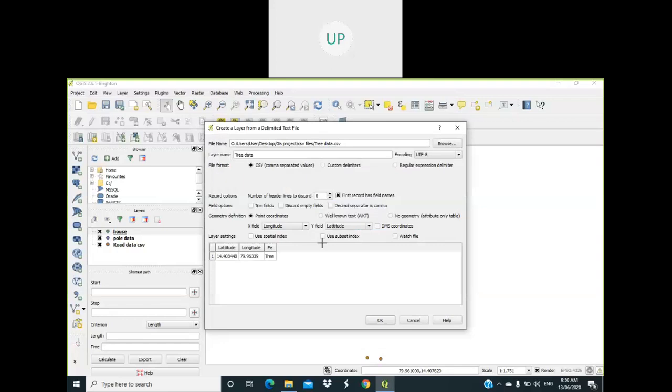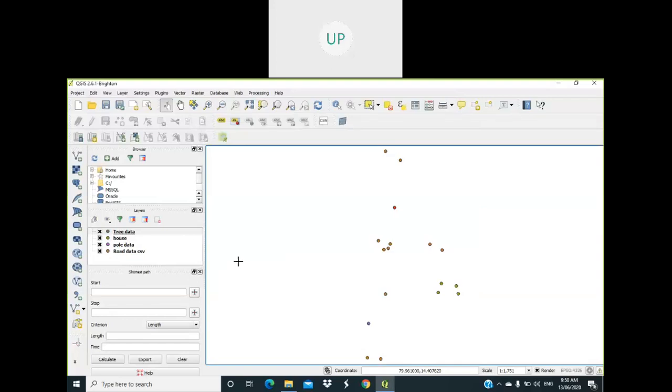So this is the first step, that is placing the collected data in CSV files. After that, we have to convert the CSV files into shape files.